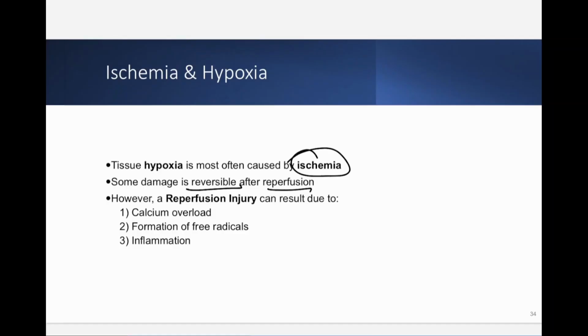But what they're finding is when you have this clot, the blood that's kind of trapped in that injured area starts going crazy, calcium starts ramping up in concentration, free radicals start forming, inflammation starts forming, and when you open up all the blood supply, some of these products leak out and they start affecting the tissue around it. So what they found was some people can get what's called a reperfusion injury, where you have this localized area of lack of blood flow, you restore it, and in some people the extent of the injury gets bigger because of this reperfusion injury.